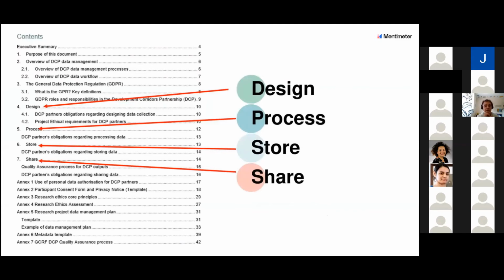To do that, we had a workshop where we defined the 4 processes that the project is going to pivot around. And through those 4 processes, we created a data management plan. And you can see here the contents of our data management plan, which touches on all the stuff we discussed in our workshop, where we agreed what are the things that our data management plan should do. If you go to the next slide,